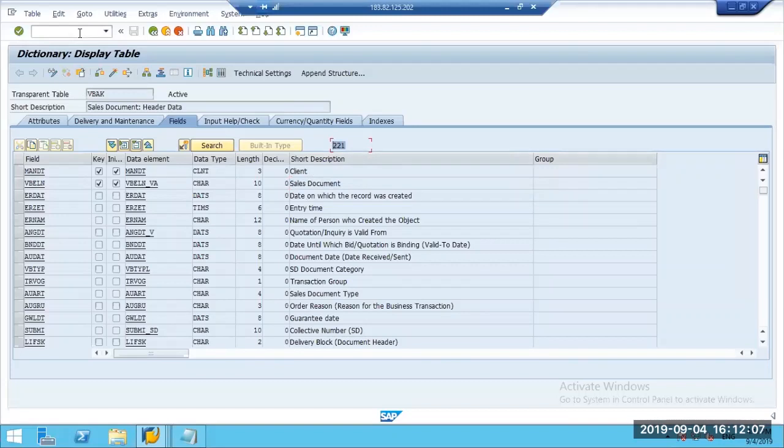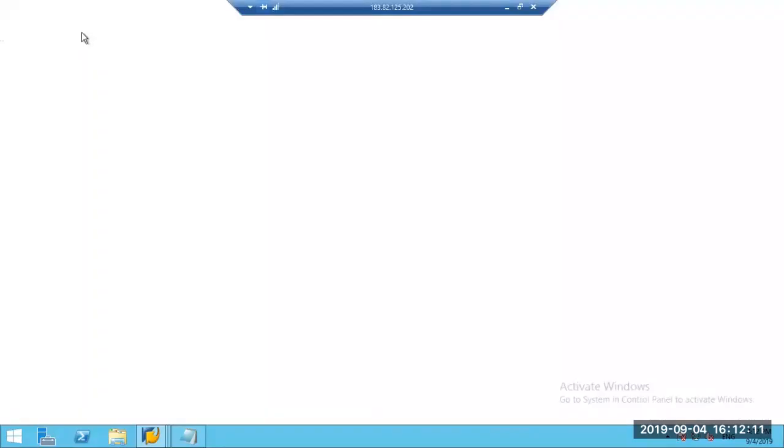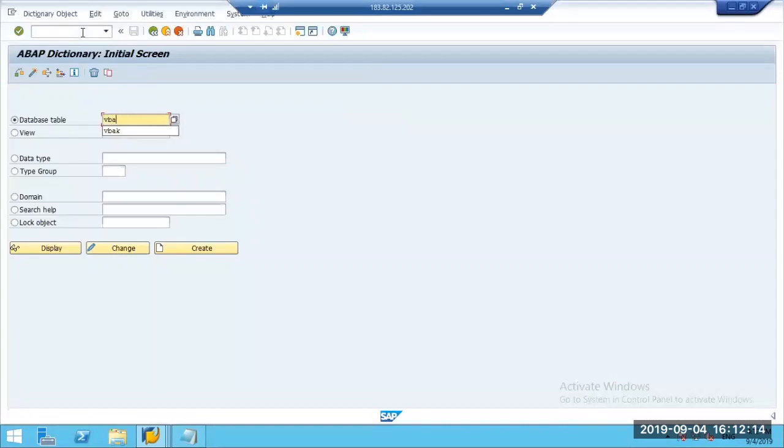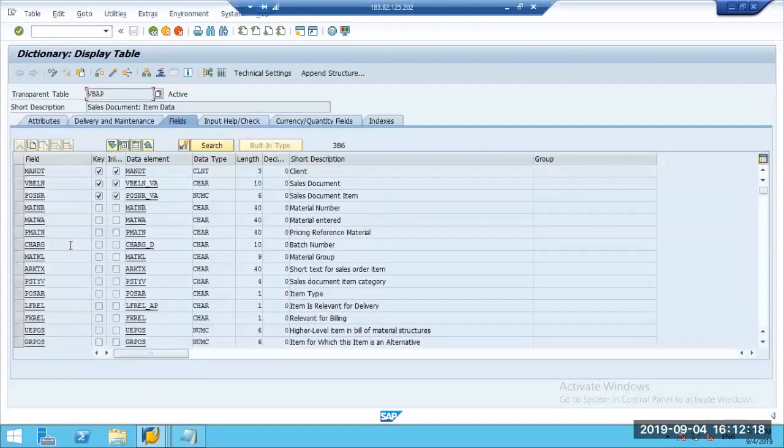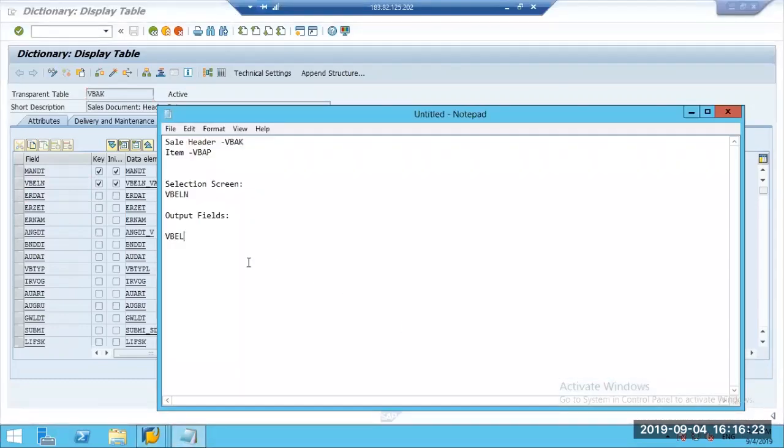The same way we have VBAP also. It has 386 fields. So this is item details. Here we will have the sales document number and its line item, the same way like we had a purchase order number and purchase order line item. It will be VBELN and then